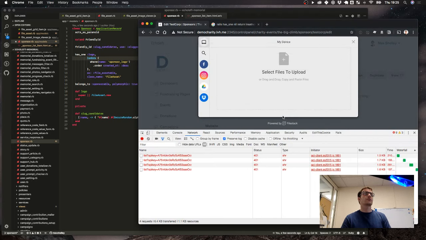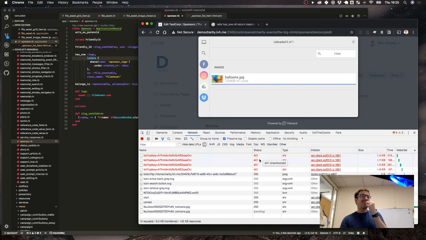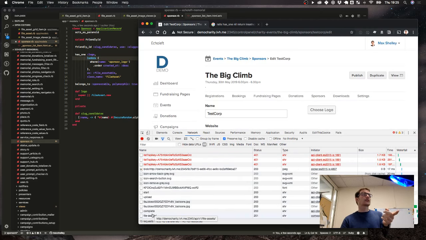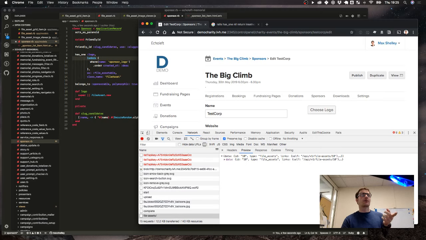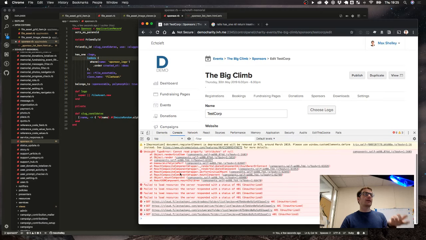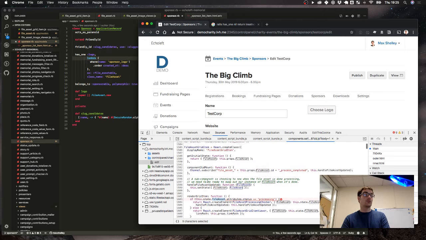And we're going to grab some balloons again. We're going to upload those. And this is where our problem comes. Everything here works and we bring back a 201. We've made our file asset. It has come back as correct. But we get an error here in our React components where we don't have the file asset being passed correctly to